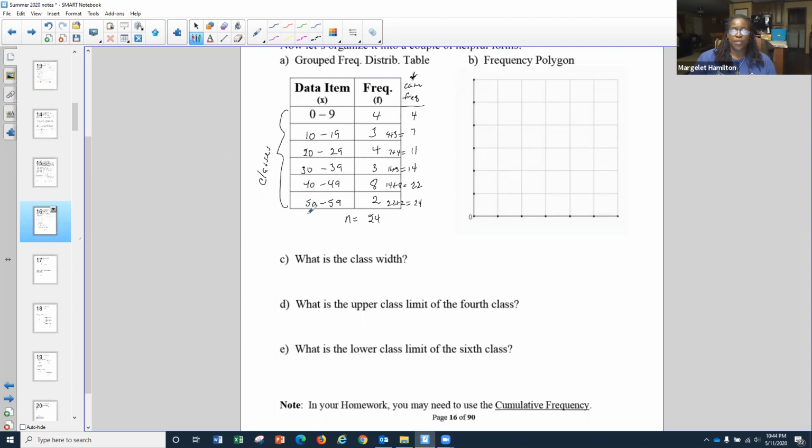So the width just simply identifies how many points are involved in these classes, right? So the class width for us from 0 to 9, we said was 10. So 10 to 19, that's 10 values. 20 to 29 is 10 values. So our class width consists of